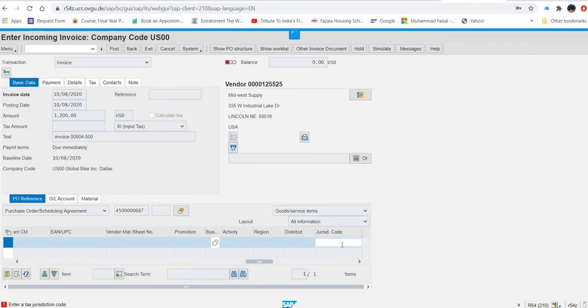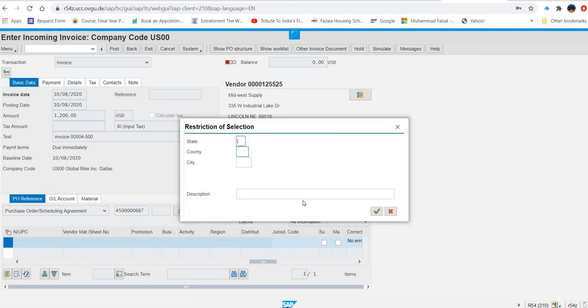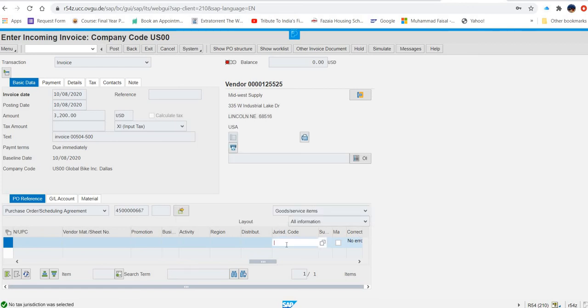Enter the tax code, jurisdiction code. Okay, this jurisdiction code sometimes creates a problem. And this you can enter here. I think it was something, you can search from there, jurisdiction code. In the previous exercise, this error was also coming. And what we did, I think it was FL and 7 zeros, I think.